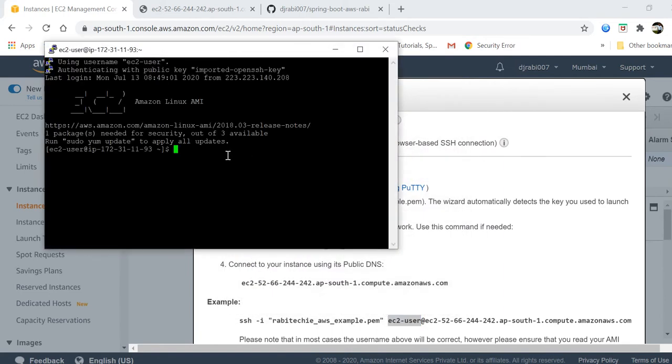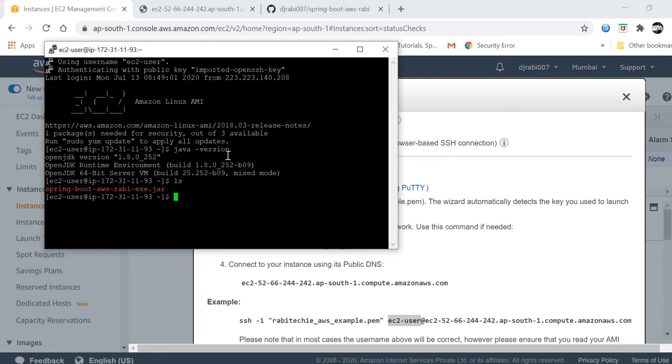Here you can find the Java version. I have already installed Java. Earlier, by default it was JDK 7, and I have installed JDK 8 here. This is the prerequisite. Then you need to run the jar file.